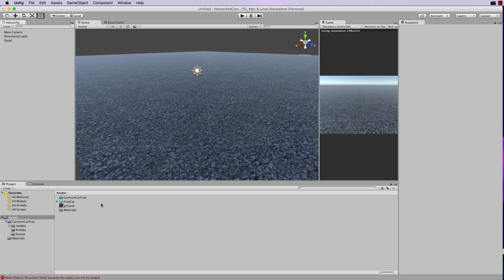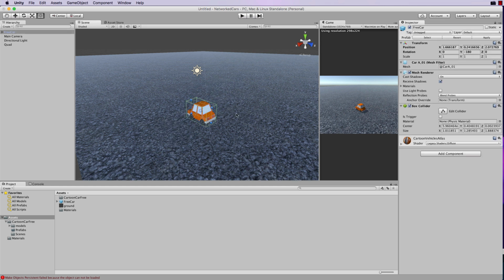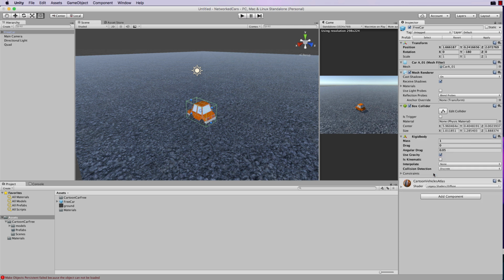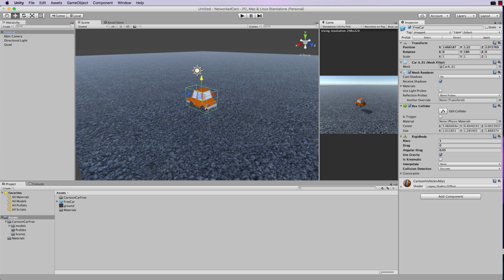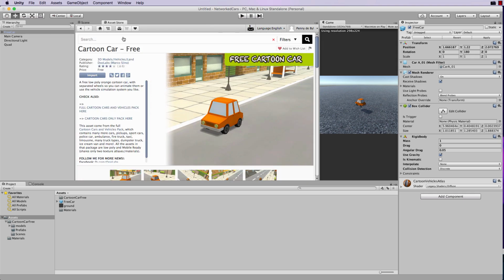And now we're going to bring our object in. So our player character, which is this little orange car, and we'll just drop it there. Now onto this little car we're going to add in a rigid body, physics rigid body, and that will mean if we then play and drop it, it should fall onto the surface. Great. This little car is free in the asset store. I just downloaded it from here. So if you type in cartoon car, you can get a free one